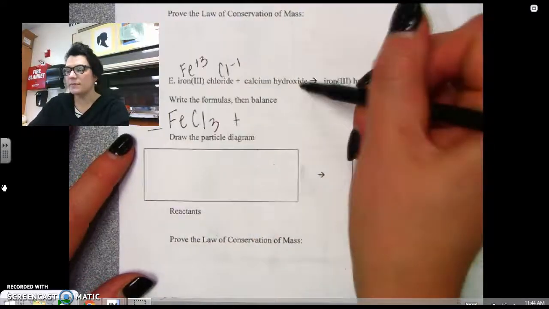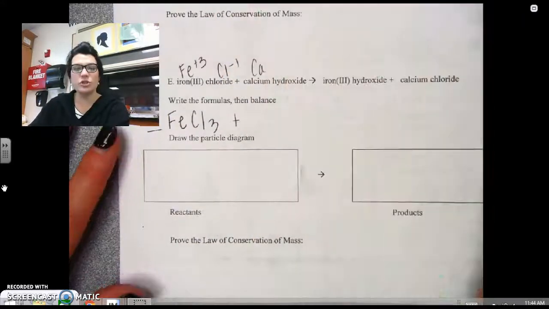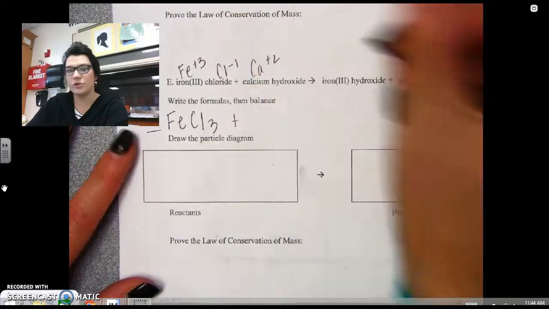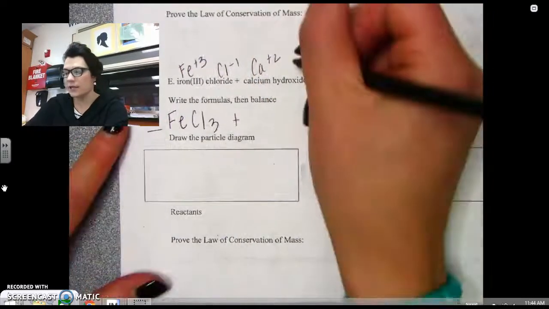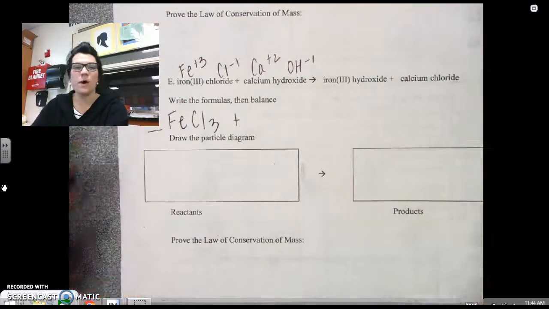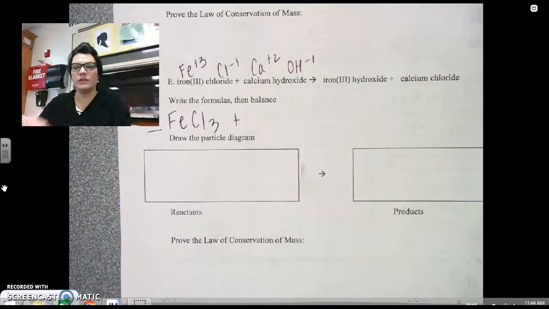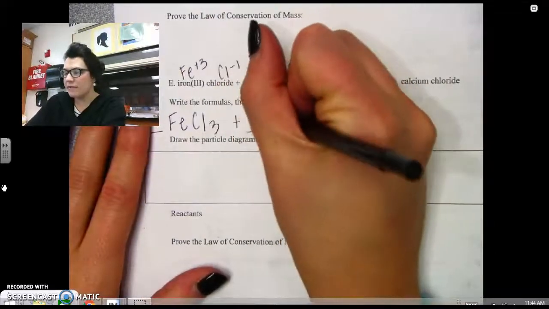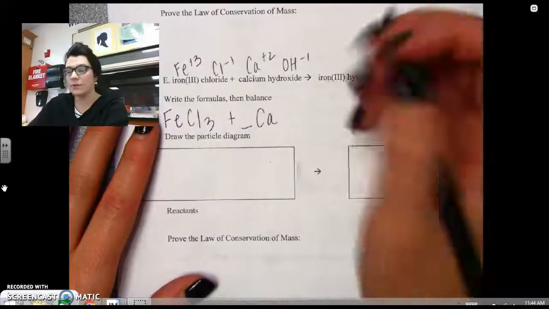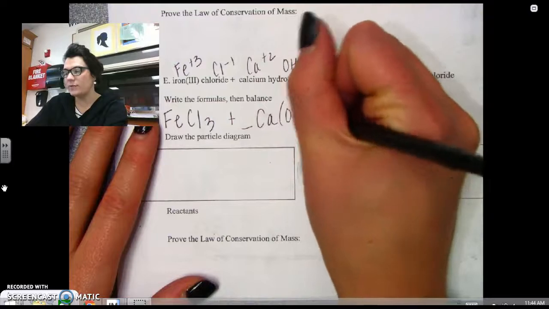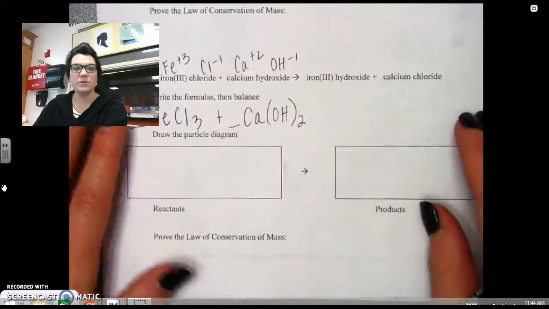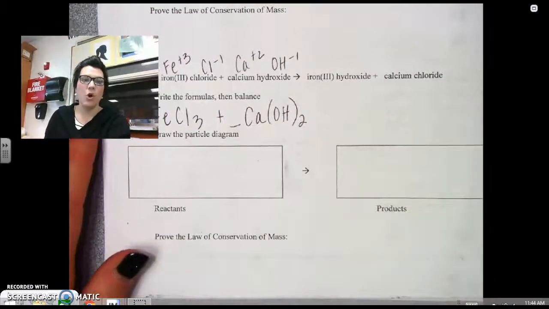Plus calcium hydroxide. So calcium is in group 2, so its charge is +2. Hydroxide is OH -1. Do the charges cancel? The answer is no, therefore we crisscross. So I'm going to have Ca, but you have to remember, now I have 2 hydroxides, so I have to put in parentheses. So it's going to be Ca(OH)2,